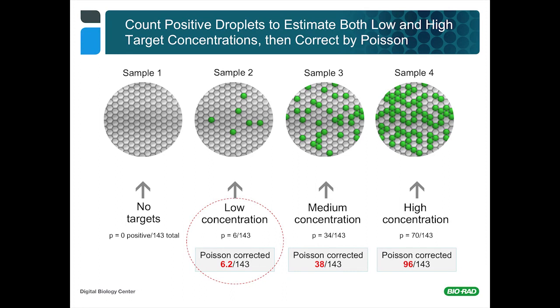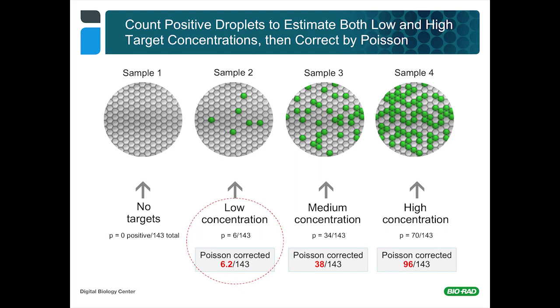I want to leave you with one other important point in understanding the droplet digital PCR system Bio-Rad has made available, and that is that we operate under a different loading paradigm than people who are familiar with classical digital PCR are familiar with. And in the more classical paradigm, as I mentioned, people work under lower concentration. That's more or less shown by sample 2 in the slide, and I've just got a field here of like